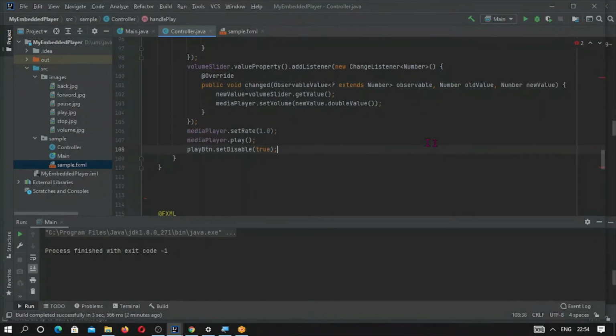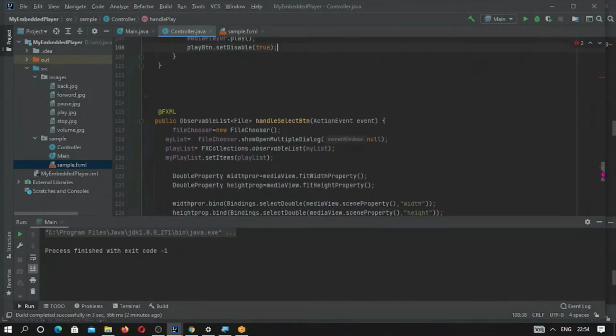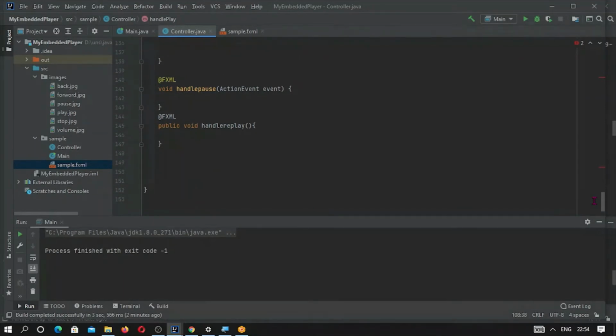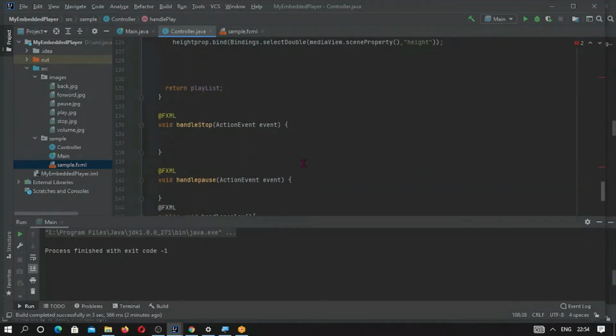So as soon as we press the stop button, again the play button should be enabled and the media player should be stopped.